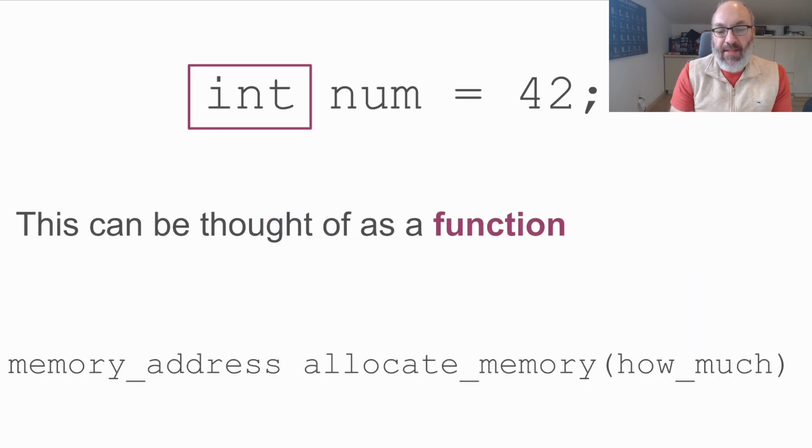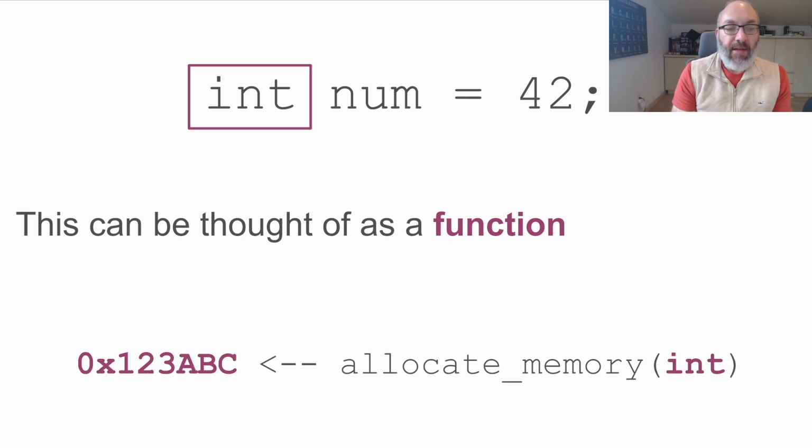So if we look at this int here, we can almost think of it as some kind of function. What is that function? It says allocate memory. How much memory should I allocate? Enough to fit an integer's worth. On most computers, that's 4 bytes, and on some it's 8 bytes, but it's enough to fit an integer. And what it's going to give you back is an address. So something like this. Imagine an address of